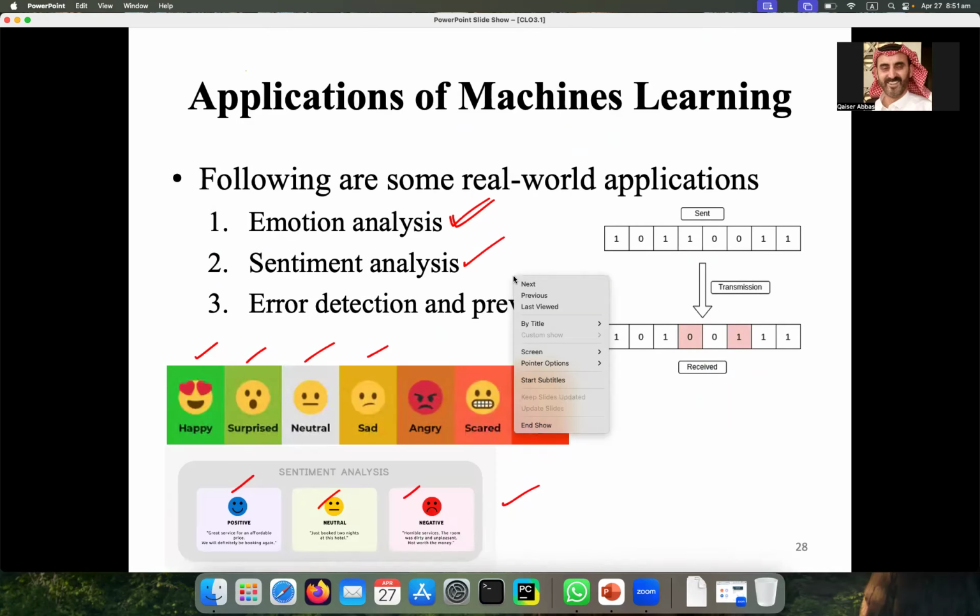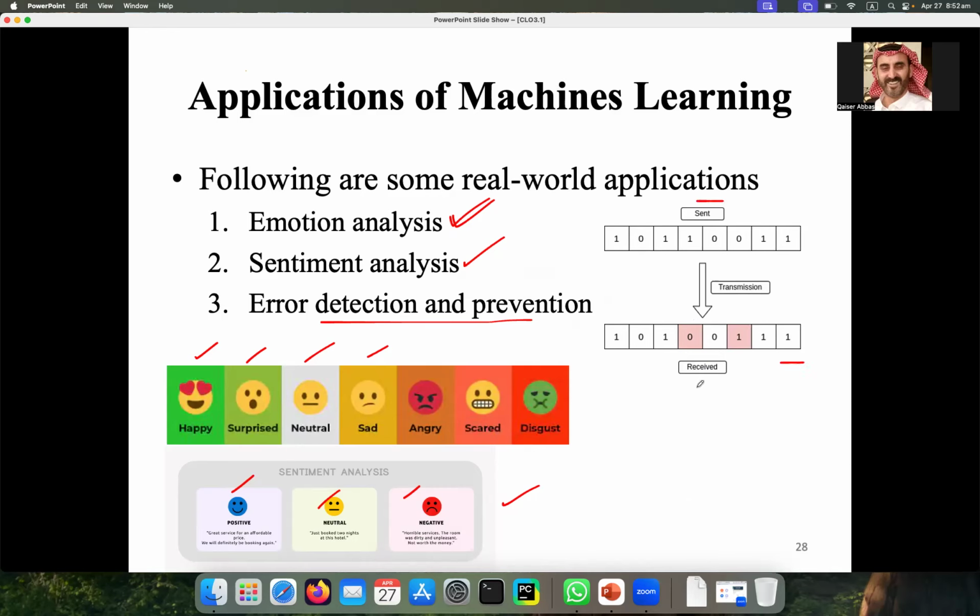Similarly, error detection and prevention. So detection of error and then how to prevent that error. So for example, this is the data we received.